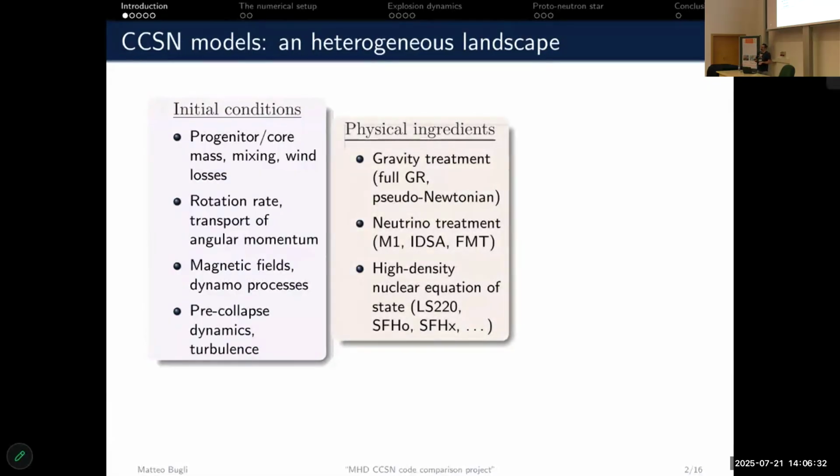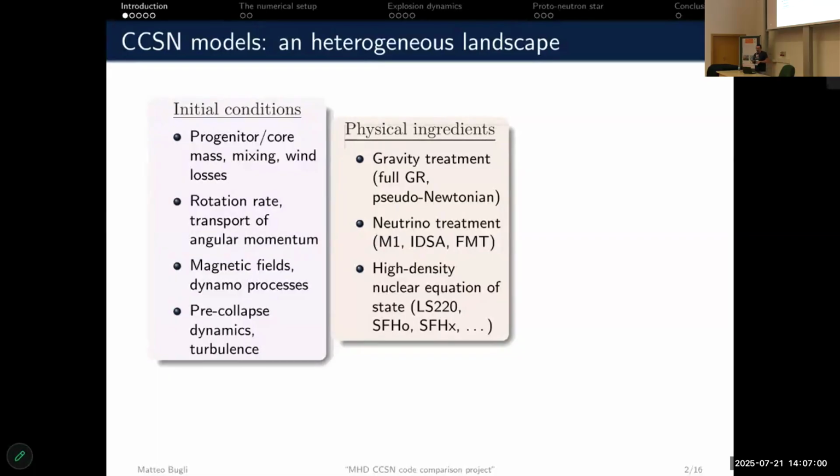On top of that, then, in a numerical model, we want to define what are the physical ingredients that we want to put into it, and more specifically, how we decide to approximate them. So we know that we have to deal, of course, with self-gravity, and there are different choices, mainly two. There are different compromises when it comes to the accuracy and the efficiency of the code, that is from full GR, numerical relativity, to pseudo-Newtonian approach, where we apply corrections to a Newtonian potential.